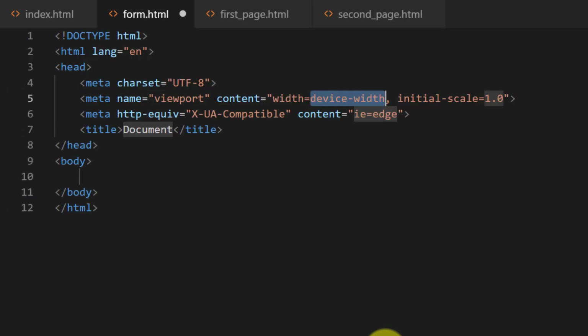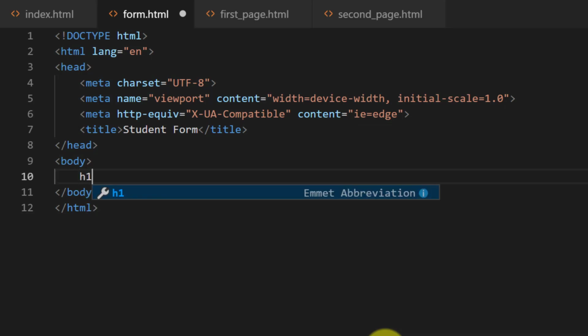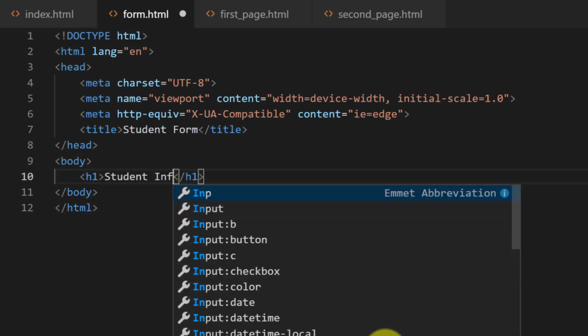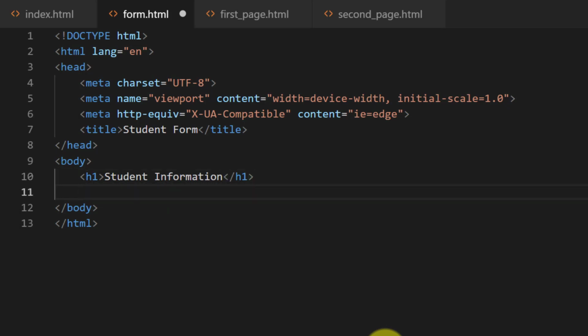In this lecture we will create a complete form, and here we will use all the elements which are necessary to build a form. So start with HTML5 student form. Let's make a heading, student information, and then the form tag,